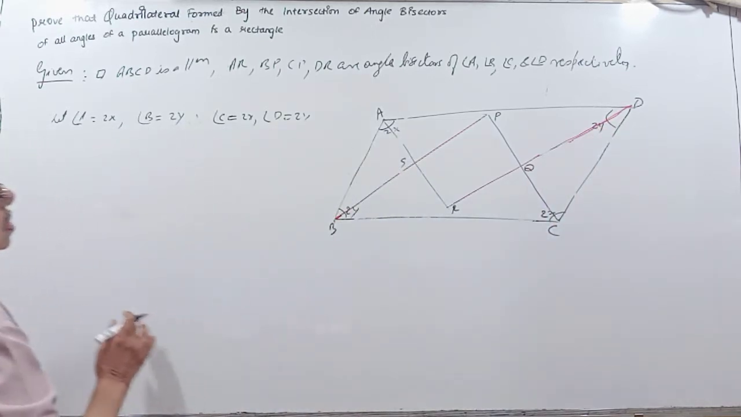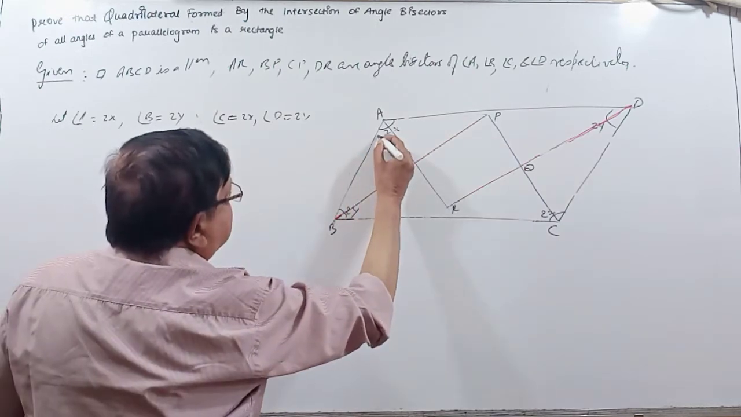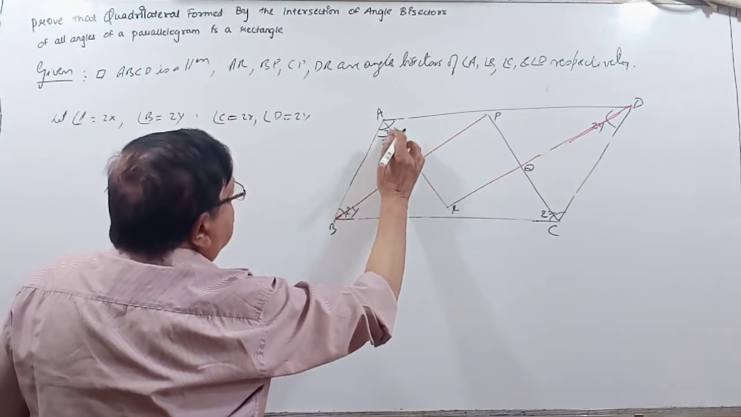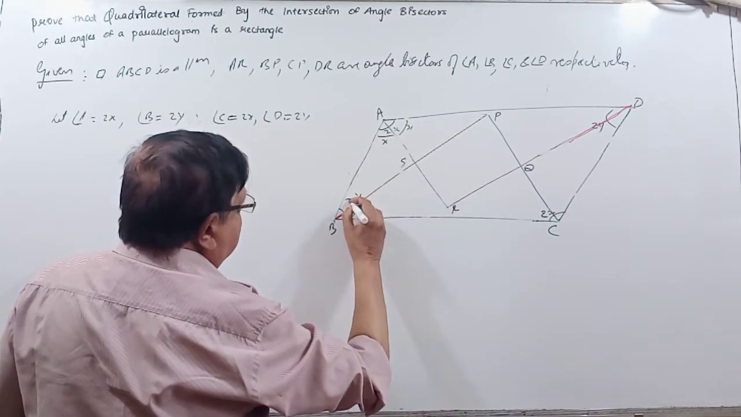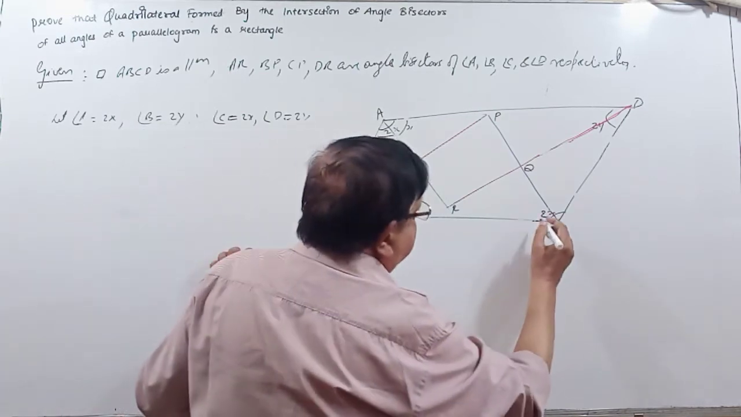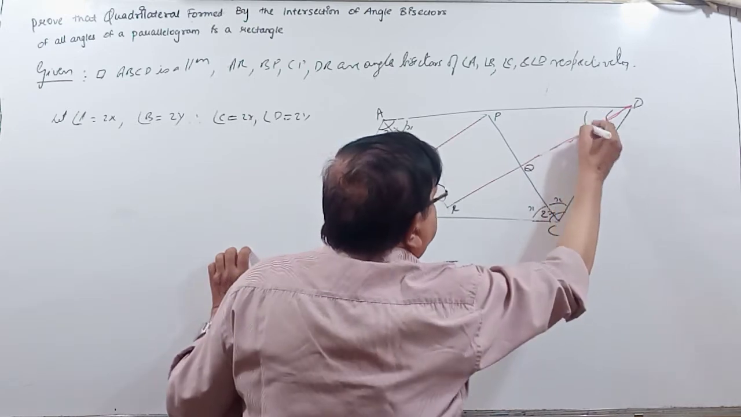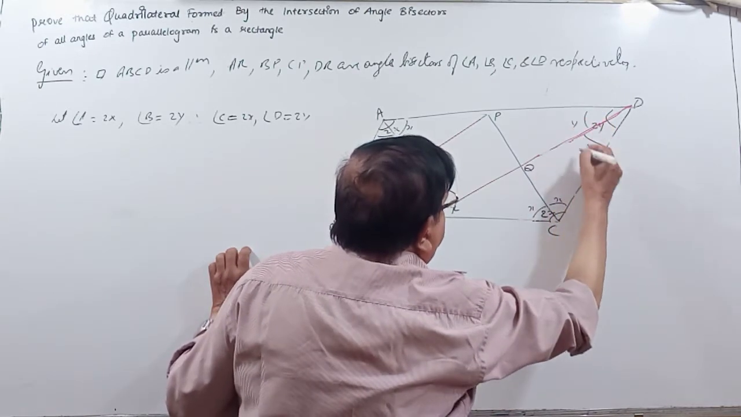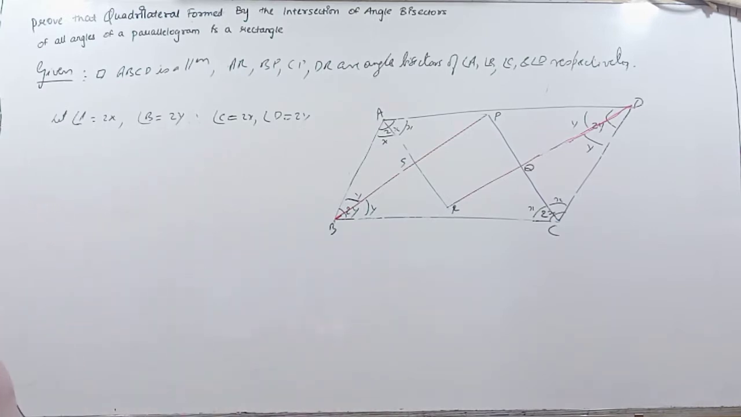So that means this will be x, this will be x, this will be y, this also will be y. This will be x, this will be x, this will be y, this will be y, because these are angle bisectors. Right. In triangle ASB,